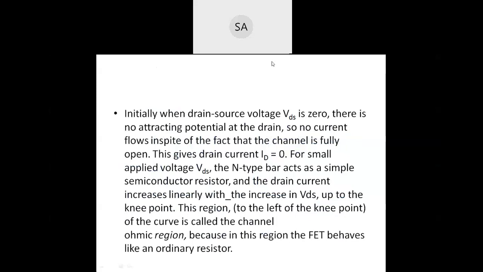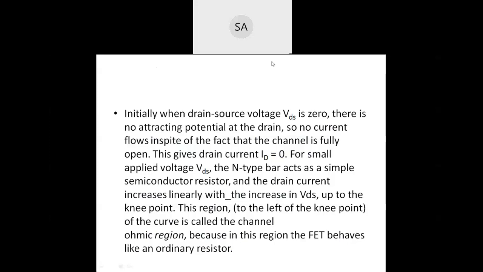Initially, when the drain to source voltage VDS is 0, there is no attracting potential at the drain. So initially, we are making the drain to source voltage 0. Then there is no attractive potential at the drain, so no current flows in spite of the fact that the channel is fully open. Here we are making VGS 0, VDS 0. Then there will be no movement of channel charge carriers, no attraction of charge carriers, and no current will flow. The channel is entirely open. So this gives